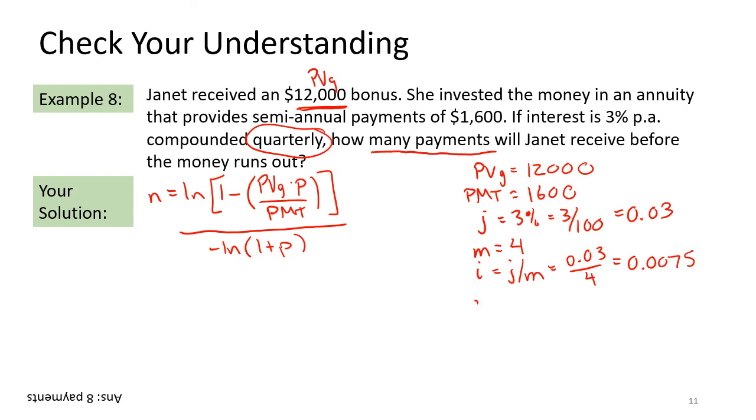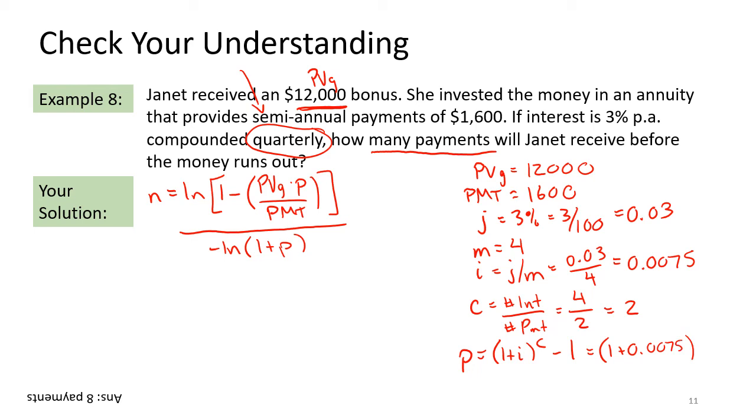Next, we calculate C, the number of interest periods divided by the number of payment periods per year. Interest is quarterly, so it's 4, and she's getting semi-annual payments, which means her number of payment periods per year is 2. So her value of C is 2. Now we can calculate our equivalent interest rate P. It's 1 plus the periodic interest rate to the exponent C minus 1, which is 1 plus 0.0075 to the exponent 2 minus 1. And if you calculate that out, you get a value of P of